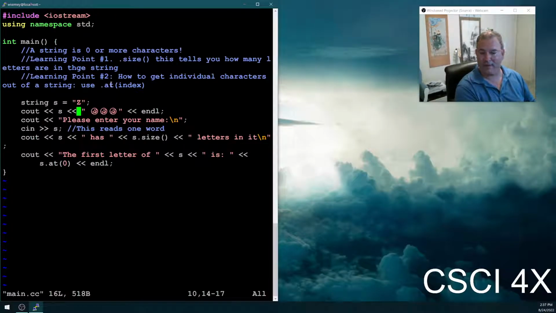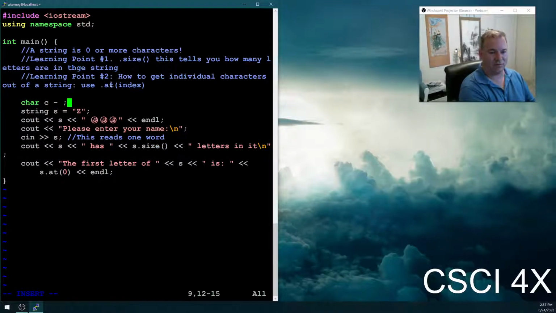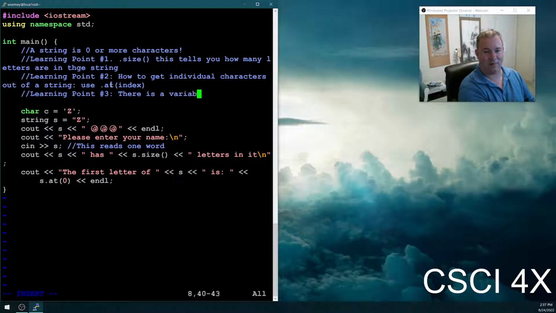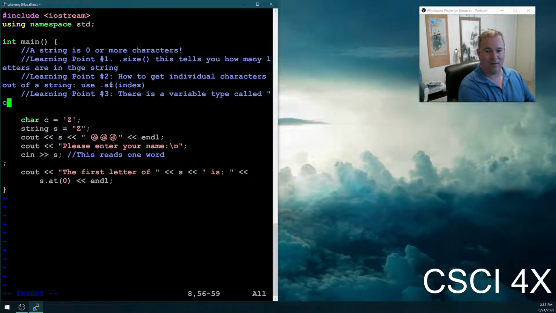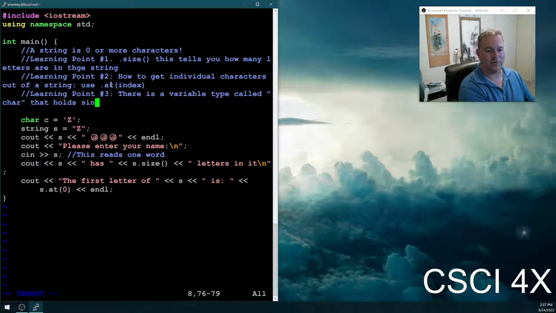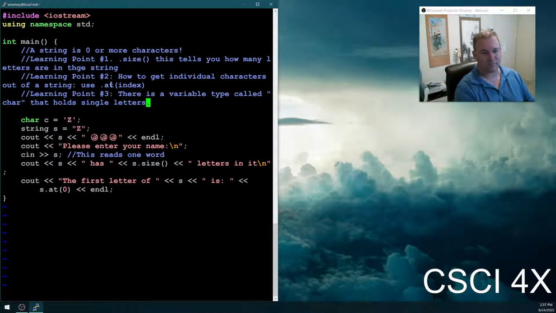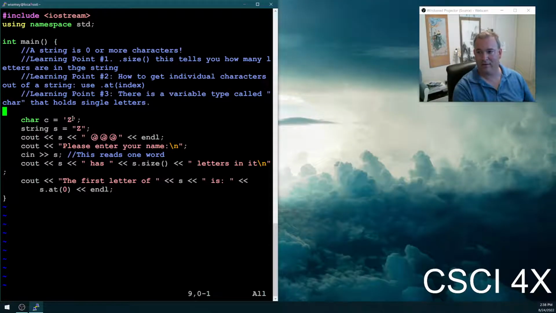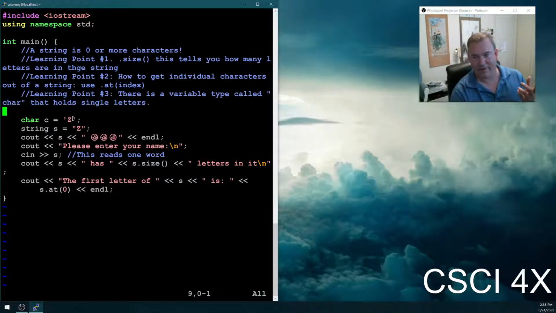There's a difference between that and something called a char. Okay, so char C is equal to single quote Z. And this is our third learning point for today. Learning point number 3 for today is there is a variable type called char that holds single letters. Okay, so a string is 0 or more characters. A character is a single letter, and by letter it could be lowercase a, capital A, 5 is a letter,